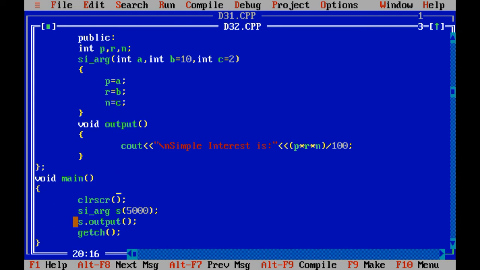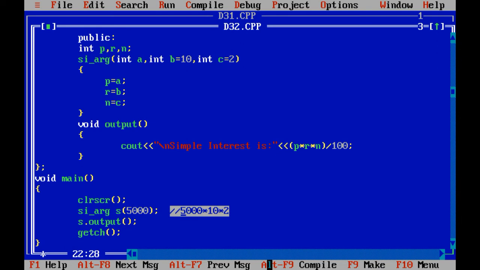So it is out of range. Why? Because what is the range of the integer data type over here? Minus 32,000 to 32,000. So the calculation is 5,000 multiplied by 10 multiplied by 2. The multiplication is going to be performed first, so it is more than the range of the data type.